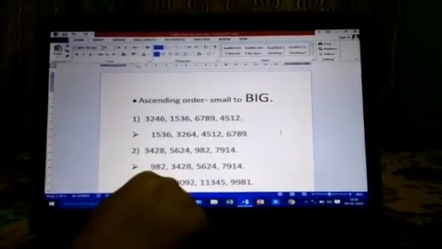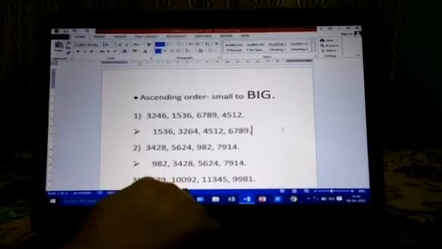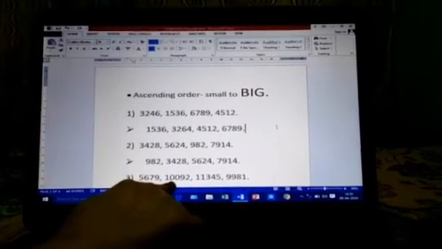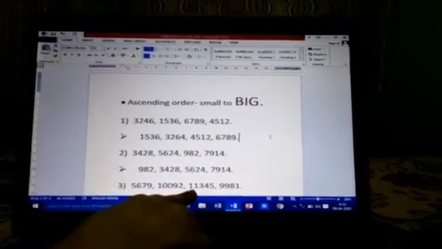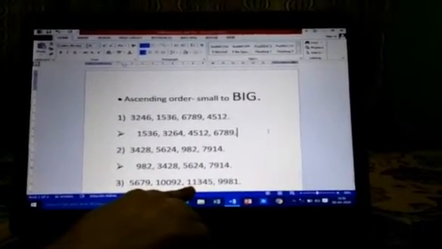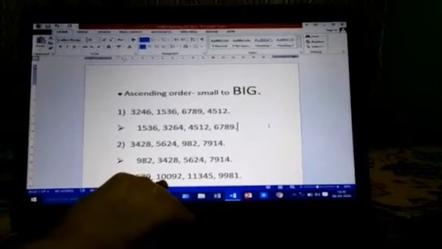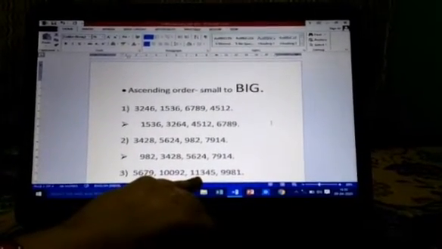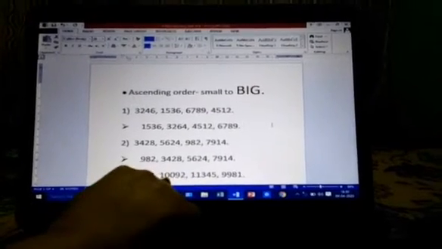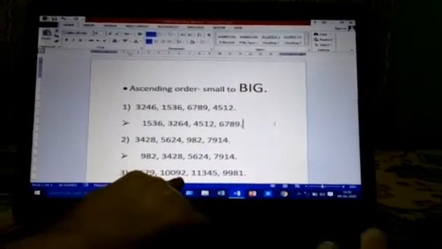Okay, now the third number, let us find out the third smallest number. Over here at 10,000s place we are having 1, and same here 10,000s place we are having 1. So what are we going to do now? We will move to thousands place. Thousands place we are having 0, and over here thousands place we are having 1. So the smallest number is 10,092,